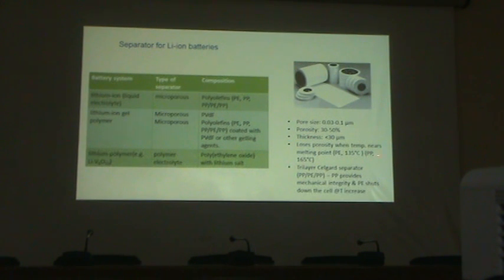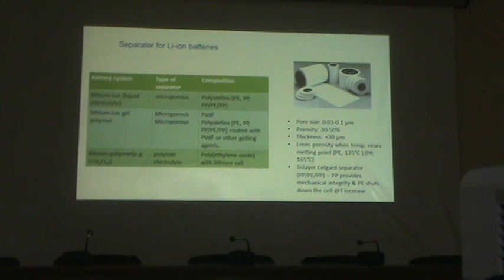This property, the melting point of the separator polymers, is how they shut the battery down. When the temperature increases beyond 135, you can shut down the battery using this melting technique. The porosity of the polymer is gone. It loses the porosity, which means no more ions can move in, and there will be an immediate shutoff of